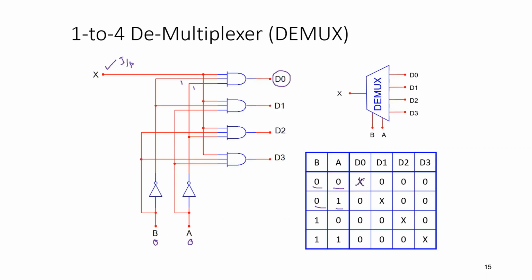Similarly, if you have 0, 1, here you can see a cross is there. That means that particular pin is giving you the data from the previous state. And what is your data? Your data is X. Now, the second is 0, 1. 0, 1 means this B bar is there, and your A is there. So this becomes 1, 1, and your data is now available at this. Similarly, if it is 1, 0, data is available at this, and if it is 1, 1, your data is available at this particular output. So this is how your demux operates.